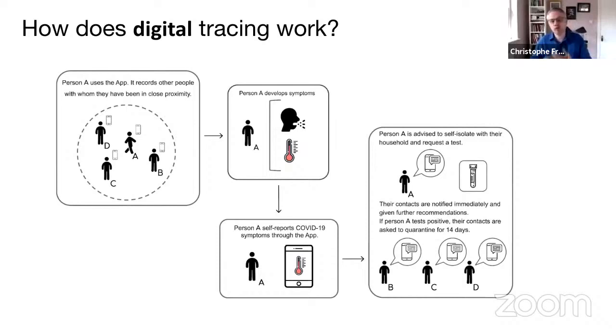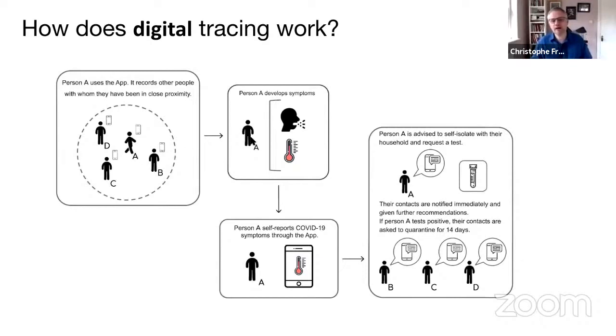And so what we did is we modeled this contact tracing app, and we showed, under a simple idealized model, that it could be very successful, and that was our first finding. And since then, we and many others have developed much more realistic and detailed simulations to look at all of this. But the way it works is, if you imagine a group of people meeting over the course of a